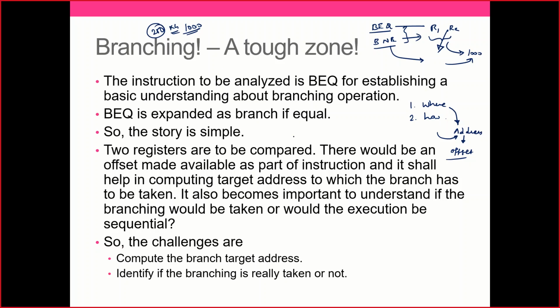What do we need to do? We need to first check if the branching is required. If the branching is required, how do we branch and where do we branch? What are all the setup that we need to do in terms of hardware, or in terms of the data path model, whatever we have learned till now, in terms of how do we include something is to be learned as well.